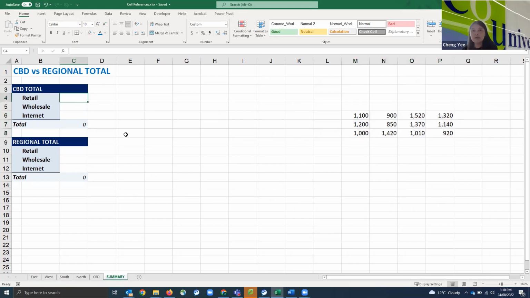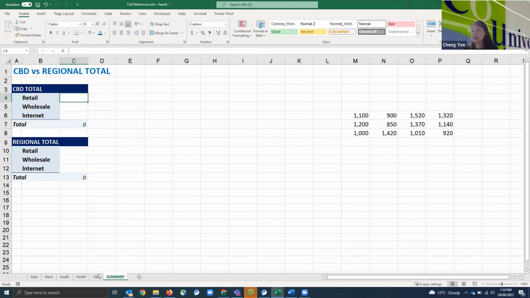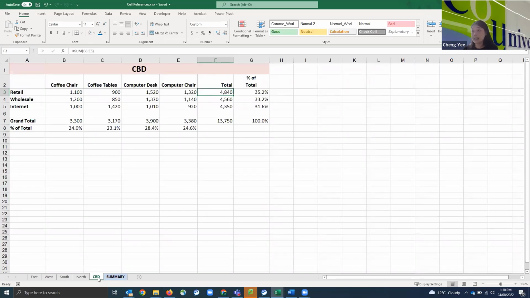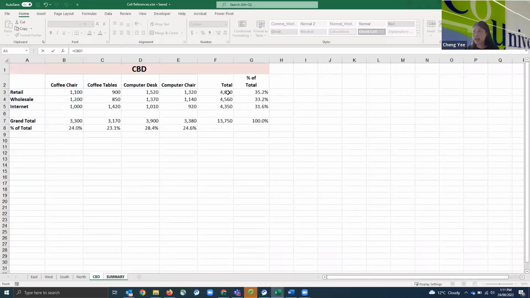To get the CBD retail total, we'll select C4. And I need to get the total number from CBD retail total in F3. But I'm not going to type in the value 4840. I'm going to refer the cell from here, referring to the worksheets in CBD F3 cell. So how am I going to do that? I'll select in summary worksheets, I'm going to select C4, enter equal, and click CBD worksheet tab and select F3